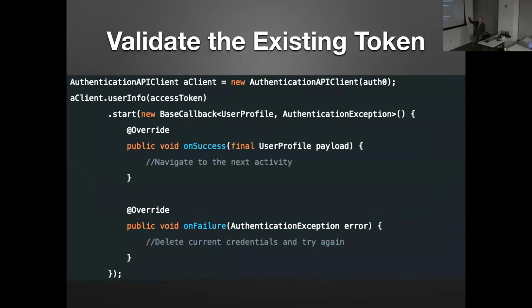Here's a way to actually ping, did I cut that off? No. You can ping Auth0 and send them that token. Yeah, that second line down, access token. So when they start up the app again, you pass that token if you have one, and on success, that means they have a valid token and you continue as normal. Otherwise, present the auth login again. Either it's expired or it's invalid or it's missing, whatever it may be.